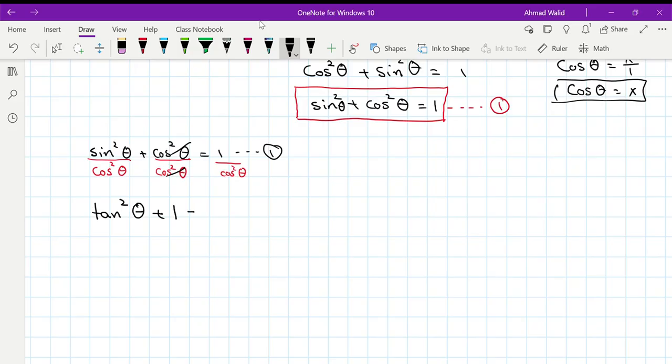equals, what is 1 over cosine? Reciprocal identity, we covered it in the first part of this lecture. 1 over cosine is secant, correct? Because you have a square, you can call this one secant squared theta. I will put this one also in a red box. This is identity number 2,